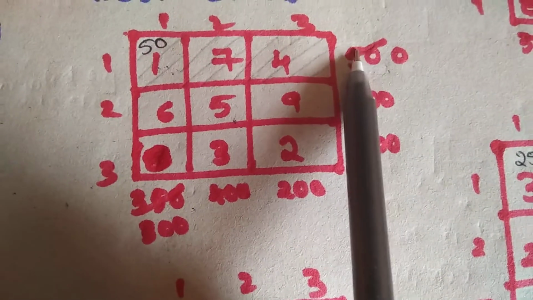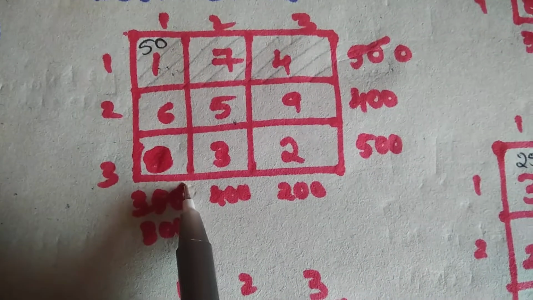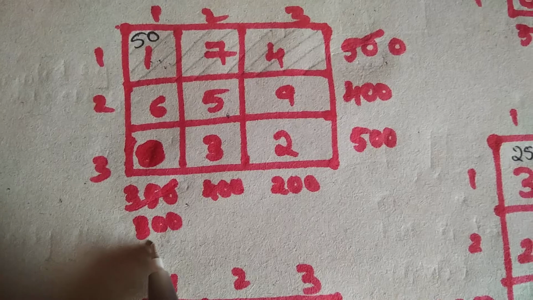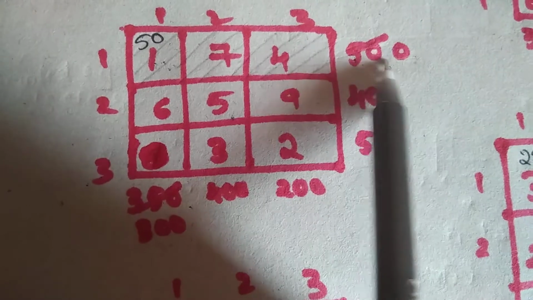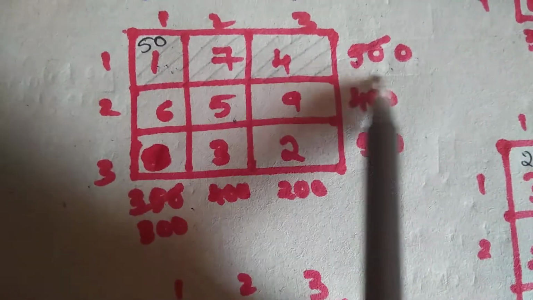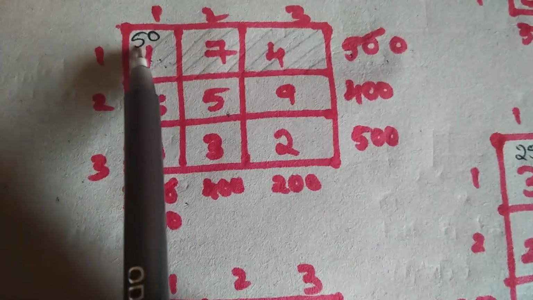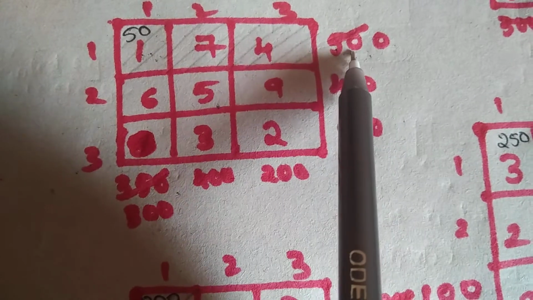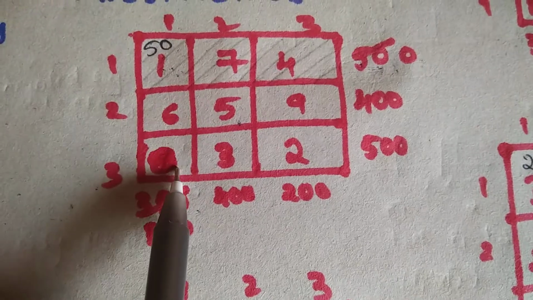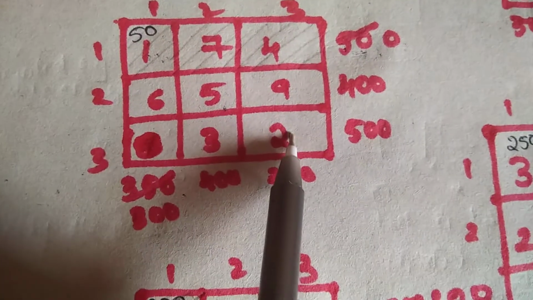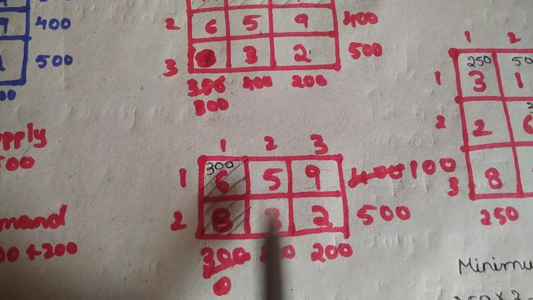I can cancel 50 from 350, so I cancel this 50 here, and from the 350 the remaining value is 300. The 50 becomes 0 in the supply place, which is the row place, so I cancel this complete row. The value that became 0 is 50, so it is 50 here. Now 2 rows and 3 columns are left, so again we draw those 2 rows and 3 columns.